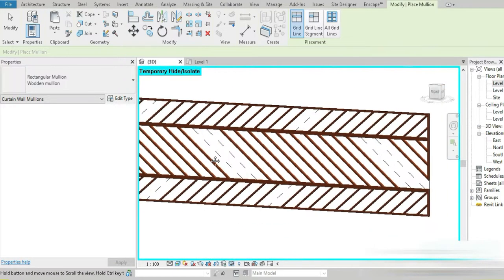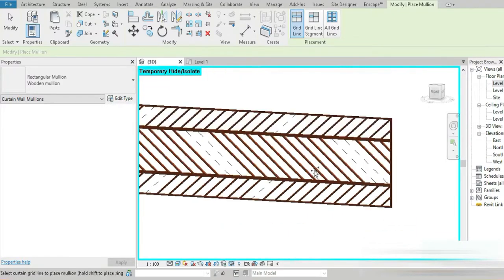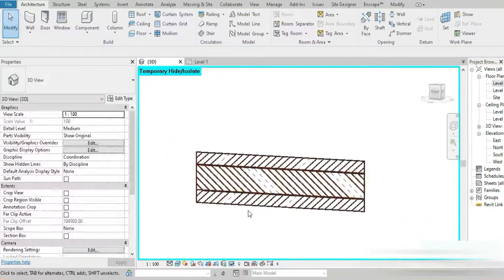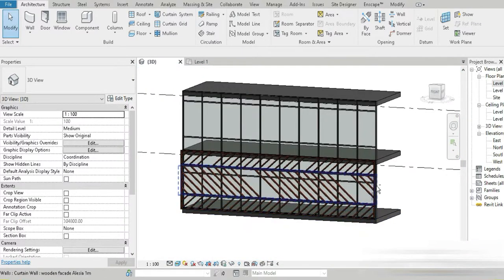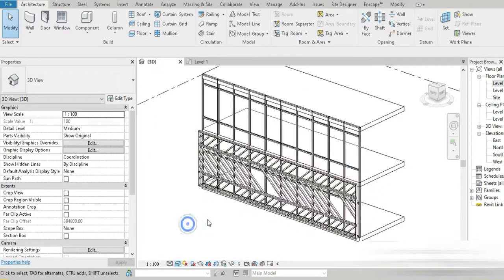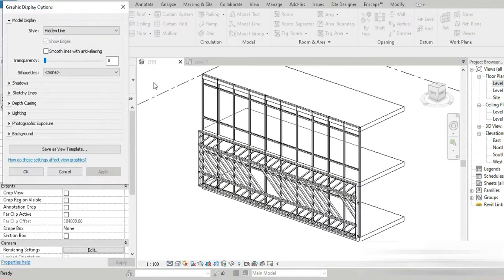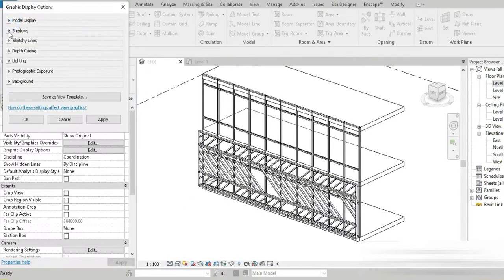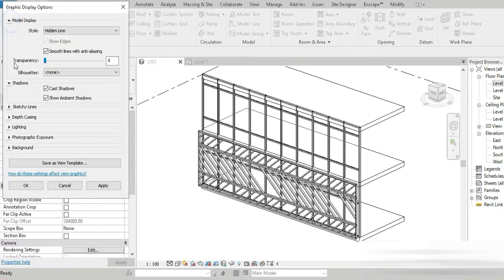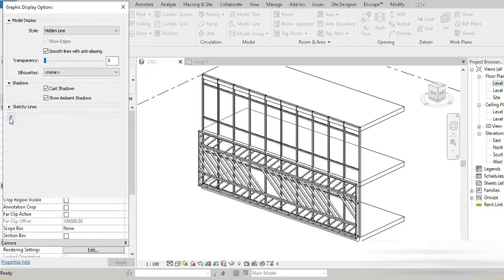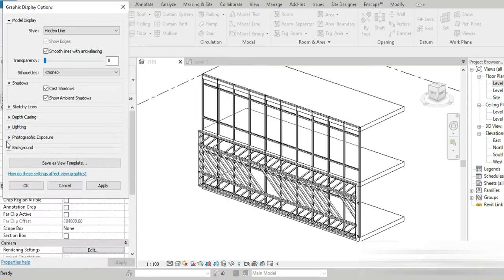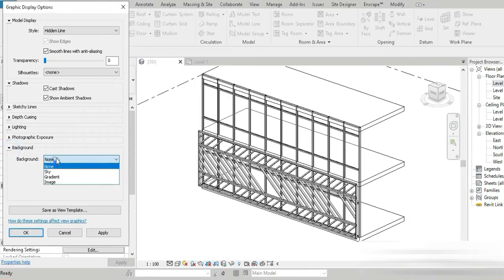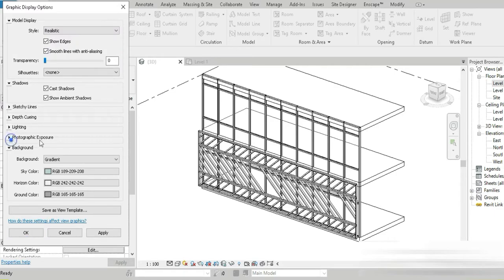All right, and check this out, guys. So our first floor is already covered, right? Look at how easy it is. For example, if you press HR, and if we go to our hidden lines, and let's try to improve our look a little bit. Slow edges, shadows, okay, both of them activated, and sketchy lines, okay, let's enable sketchy lines depth hue. Lightning, this is going to be the top left, I think that's the right direction, and let's go to, this is only going to activate once we, okay, gradient, and for example if you go to realistic, and if you go to photographic,